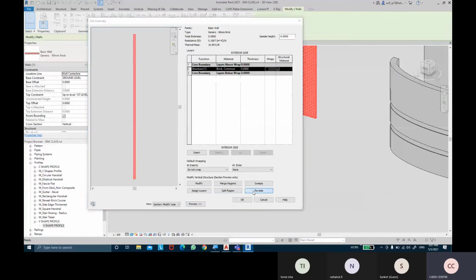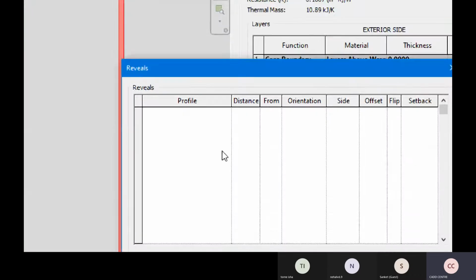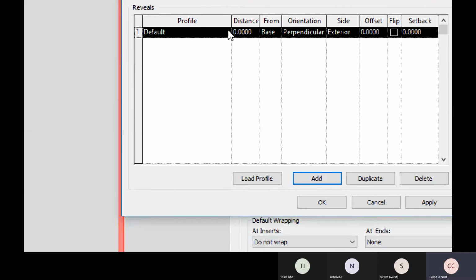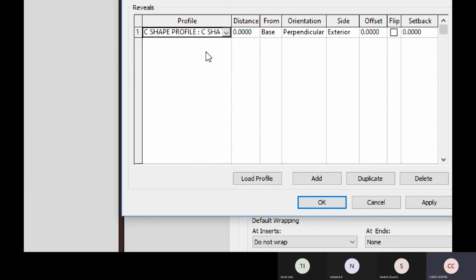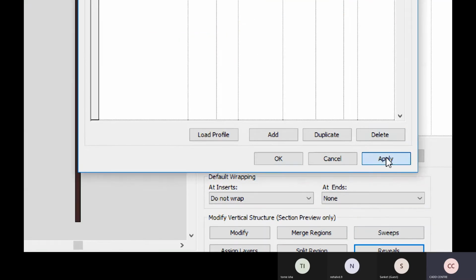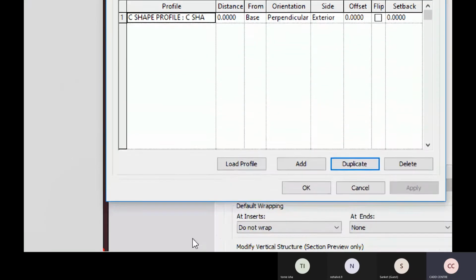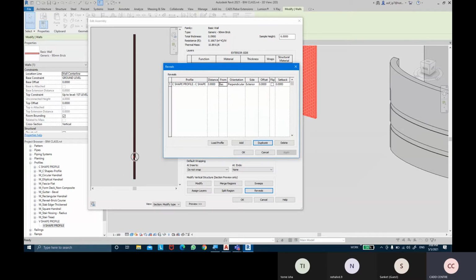So if I click on reveal, I get this reveal dialog box, and now I can add a profile and then add a layer. So the layer has been added. What profile you want to use, you can select the reveal profile. So you can see a reveal profile would be added at the very base. Then you can provide the distance from the base as well, what distance you wanted. So maybe we wanted 0.90 meters, we can say 0.90 meters distance from the base. So from the base it will be at 0.90 meter height-wise.